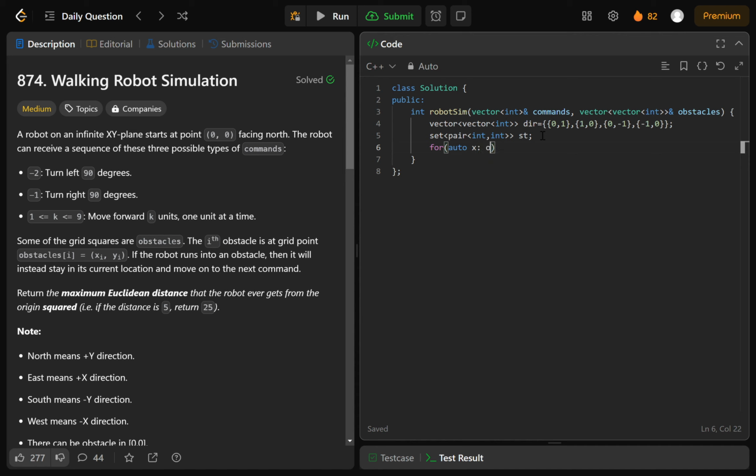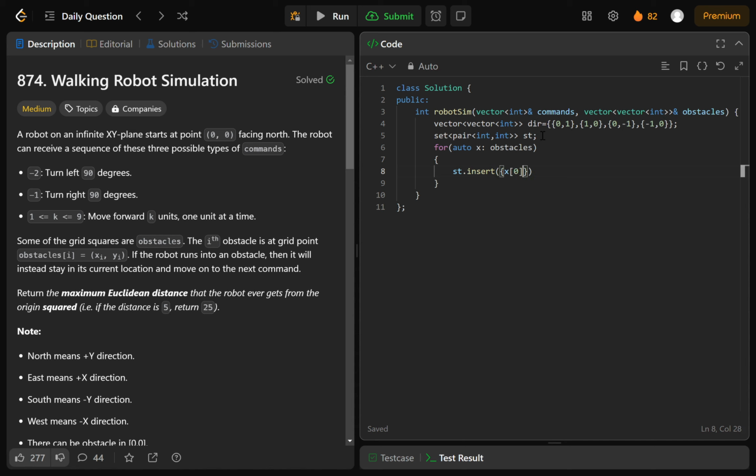So for obstacles, just simply push the values. We have to use the insert function in the set. So st.insert(x0, x1). Okay, and that's fine. And after that, let's declare the variable k equals to 0, that is pointing to the